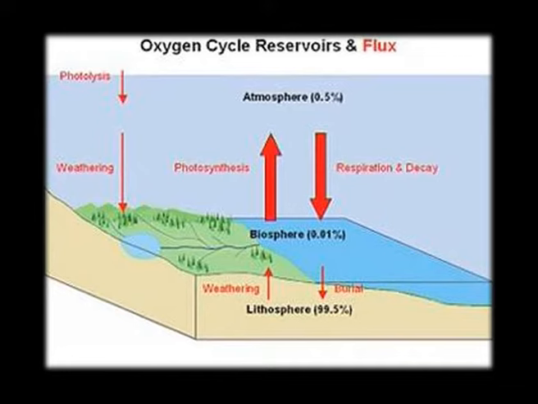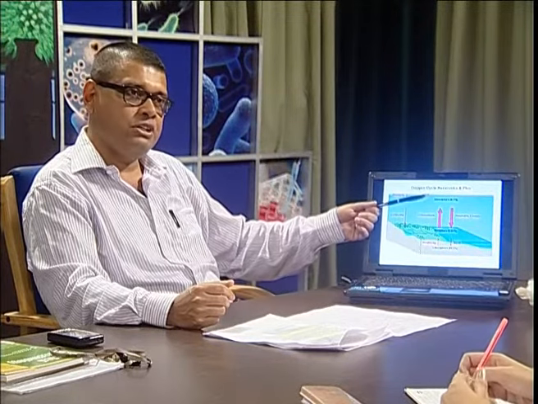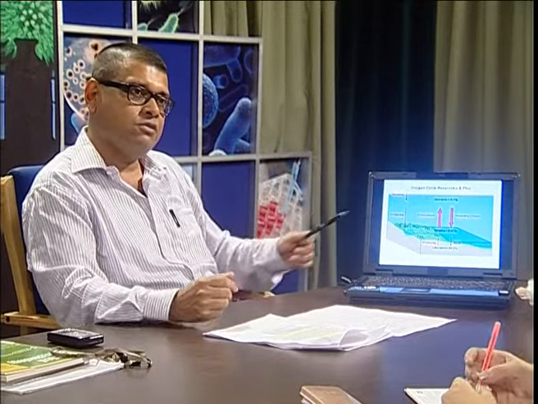And this actually includes two major activities, that is the photosynthesis and respiration. Photosynthesis involves fixation of atmospheric carbon dioxide and utilizing it in the process of preparing food, which is carried out by photosynthetic bacteria and plants. And in the process, they release oxygen, which is returned back to nature, and in this way, the atmospheric oxygen concentration is maintained. But there is another type of cycle, which is commonly known as the sedimentary cycle.